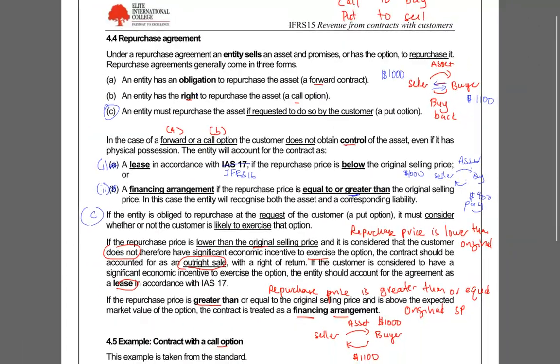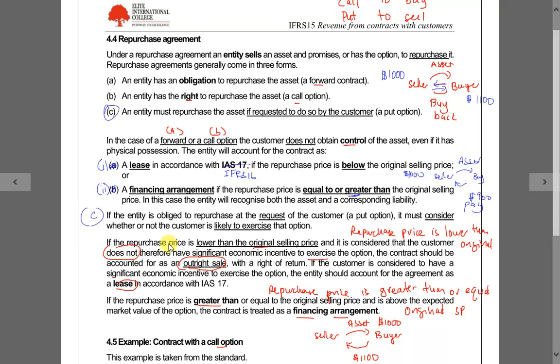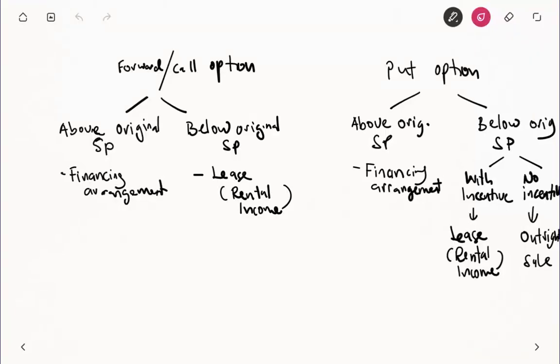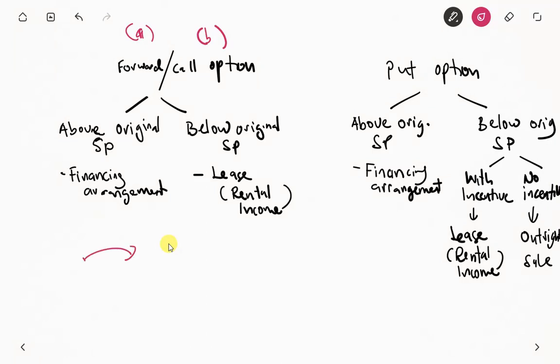Repurchase agreement. We have A, B, C, right? The first one, obligation to buy back, means we have to buy back. The second one, we have the right to buy back. When it's above, we have this. This is A and B. Above the original selling price is a loan. Okay. That is the asset